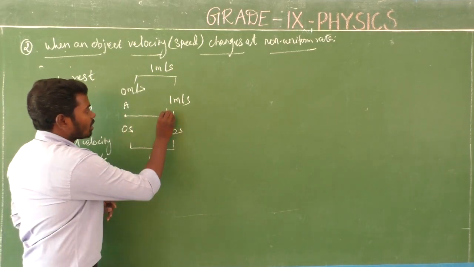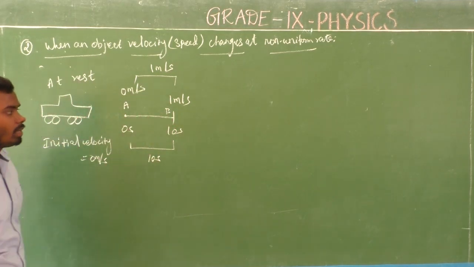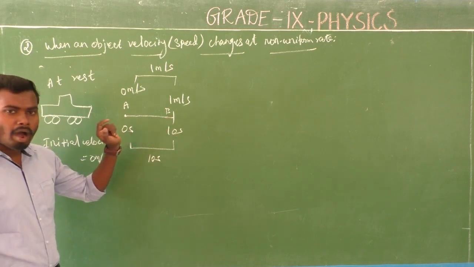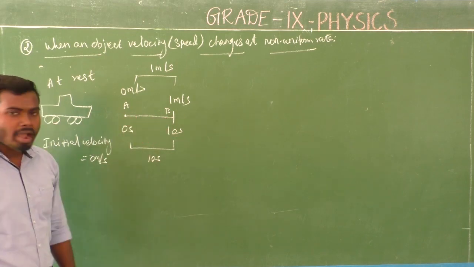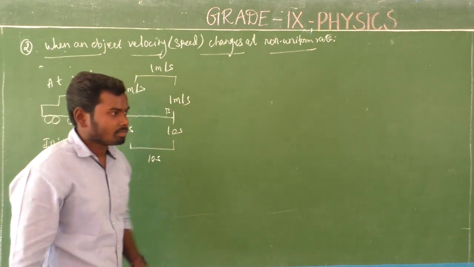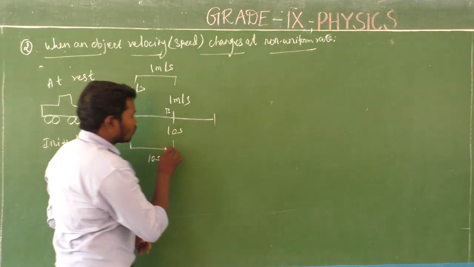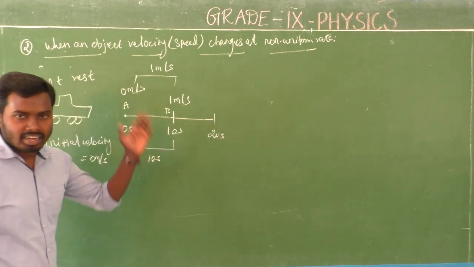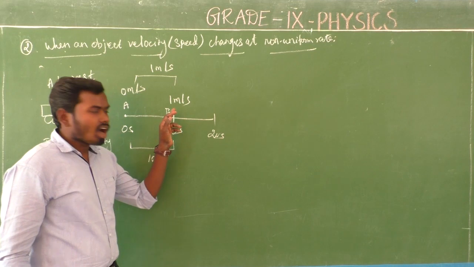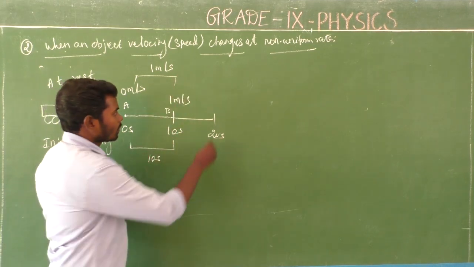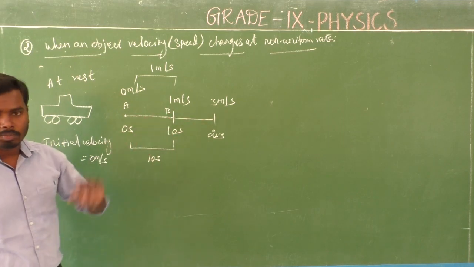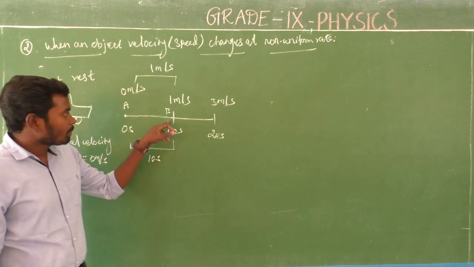Yes. Now consider the car comes to position B. This is position B. Is it clear? Yes. From the point B, in the next 10 seconds, so already 10 seconds is there, and the next 10 seconds makes 20 seconds. In the next 10 seconds, the velocity of the car changes to 3 meters per second. How much? 3 meters per second. Is it clear? Yes, from the point B.